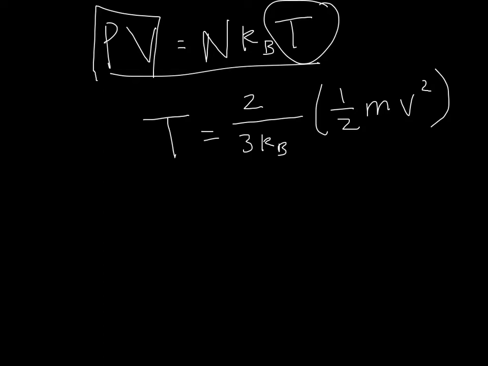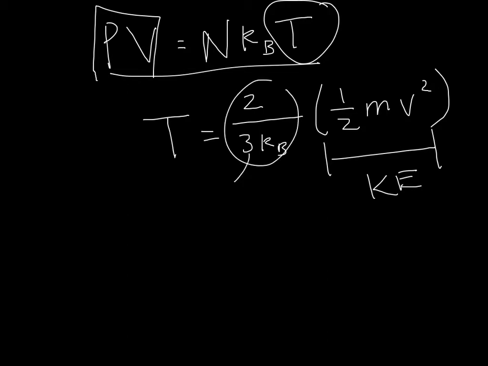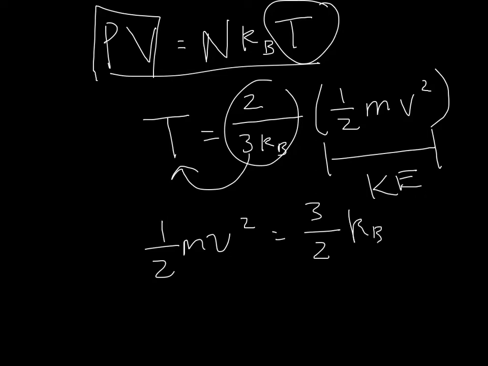So, now what? We could rearrange this if we wanted to solve for the average kinetic energy per molecule. So if 1/2 mv squared is equal to kinetic energy, then we can rearrange, bring this term to the other side, and solve for kinetic energy. So 1/2 mv squared equals 3/2 times that Boltzmann constant times the temperature of the substance. So this is just talking about an individual